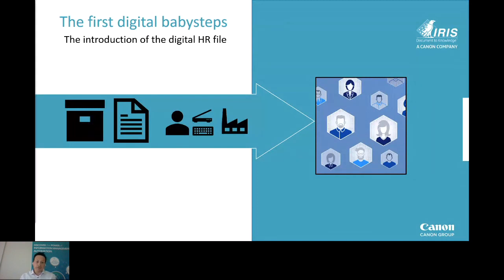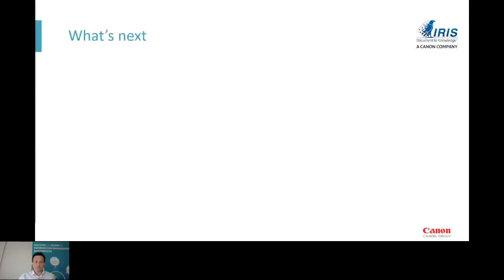And remember the initial process that I explained, this process was still in place. Digital transformation was only introduced on the level of HR. So I can hear you thinking now, well, it's quite easy. Give everyone a scanner and let them scan directly into the HR file. No more physical mailings, no more delays. You take away the pressure from HR. It's easy and it's simple. But